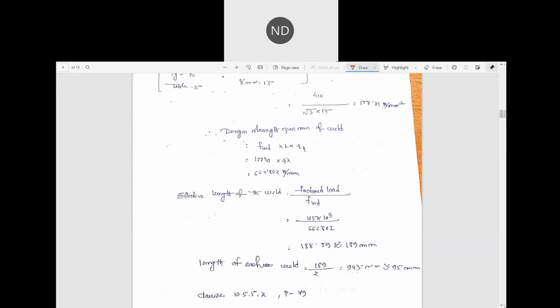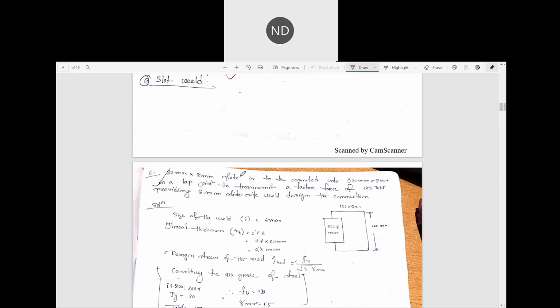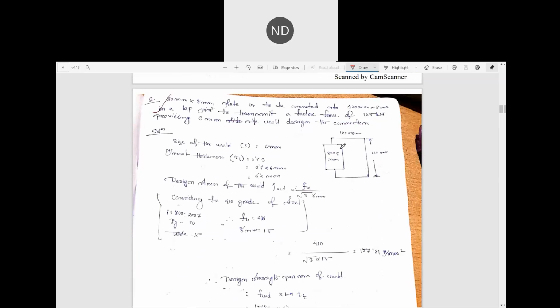In the last class, in the morning class, we had done this question where we had two plates. This one was 120 into 8 mm, this one was 80 into 8 mm. So draw the diagrams yourself, or simply you can imagine that this is 120, this is 8 mm, this is also 8 mm, but this is 80. So we had to design in such a way that